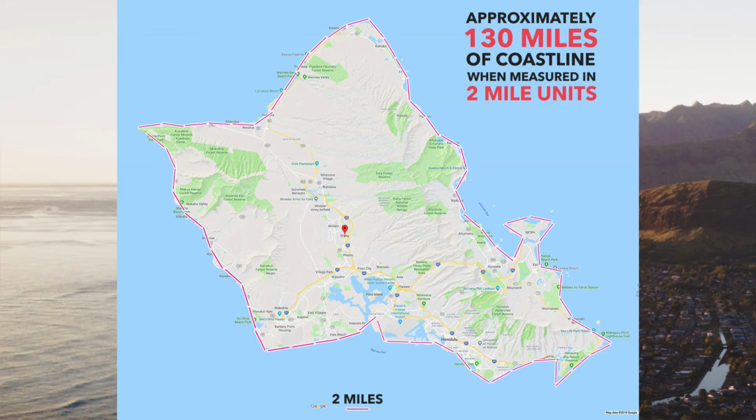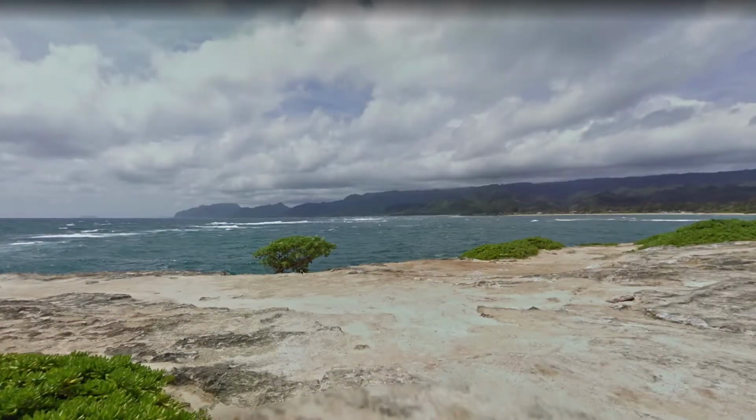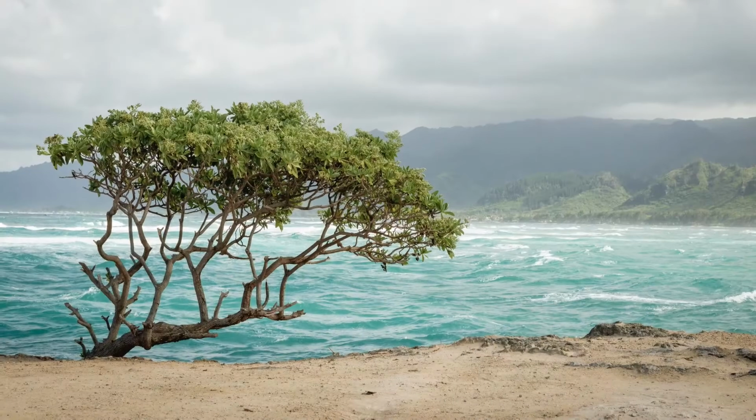Zoom in, however, and suddenly there's more detail, and therefore more coastline to measure. So we'll do the same thing, but now in 2-mile units. But now it seems like we're measuring 130 miles of shoreline. That's 20 miles more of coastline. Now, using this last unit of measurement, I can approximate that the town of Laie, one of my favorite places on the North Shore, has 2 miles of coastline.